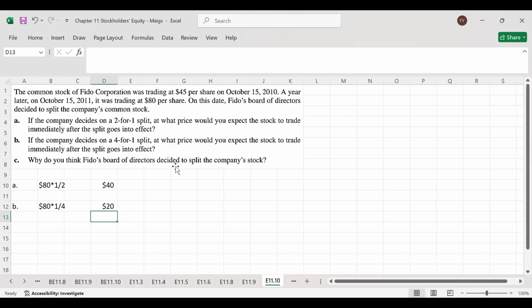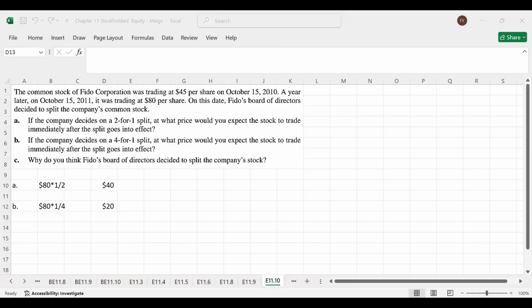Initially it was trading for $80. So, it has decreased by $40 and then by $20. So, this is the main purpose. This could be the main purpose. So, this was from this exercise. That's it. So next exercise is